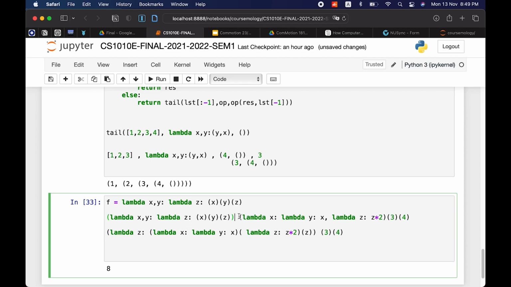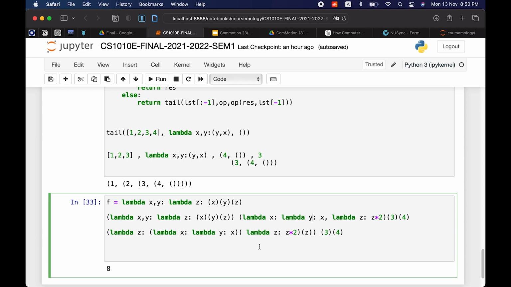You notice how we move the first two inputs as the xy here, and then this one is the xy here. So we simplified it to just lambda z, and then we put the xy actually in here as x and y. Okay, the z is still here. And then we have the 3 and 4 left over. We haven't done that because we are starting from the right and then looking for its input directly on its right. Okay.